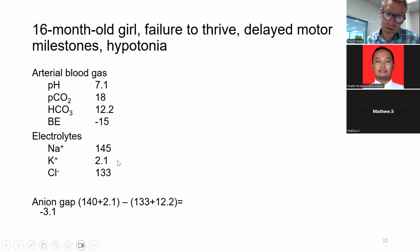The potassium is low because when you're wasting a lot of bicarbonate in the urine, you have an osmotic diuresis that flushes out potassium. So instead of reabsorbing potassium, it's unable to be reabsorbed. So this is the blood gas picture, venous or arterial blood gas picture of a child who has especially type 1 and type 2